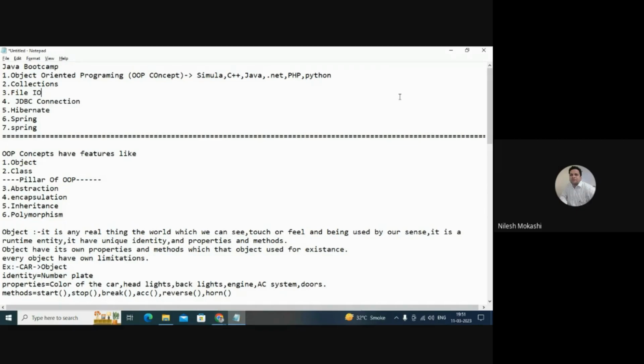Then the same OOP concepts are used by C++, Java, .NET, PHP, and Python. So you have to learn this very neatly, very clearly and very deeply. Once you get the concept of object oriented programming, you are done with 30% of the work.